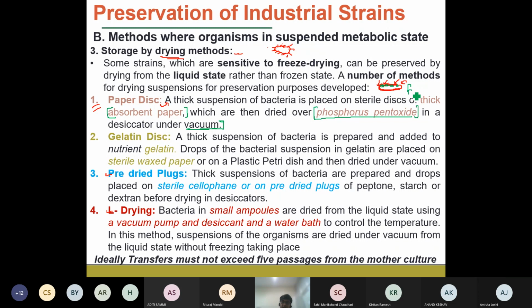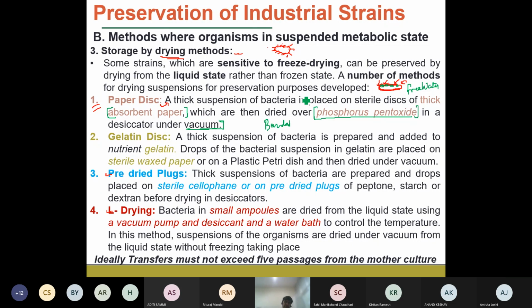So there are two types of water, right? There are free water and the bound water. So whatever the free water is present, that comes from the growth media, that will be removed, and also when you are putting the vacuum, the bound water that is present within the cells will also be removed. Okay, so this is a very simple technique, which is called the paper disc method, by which